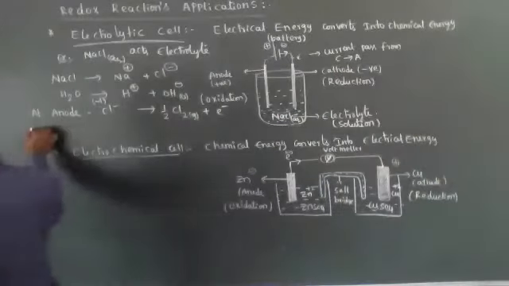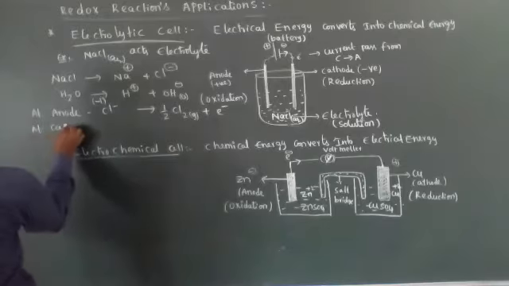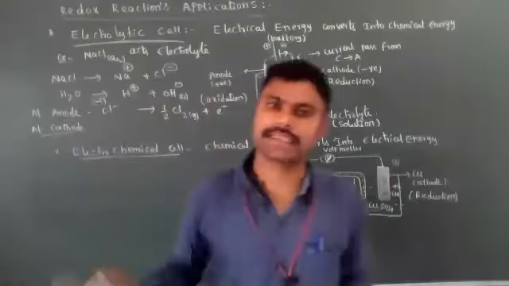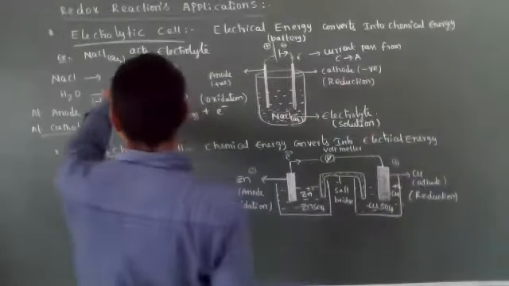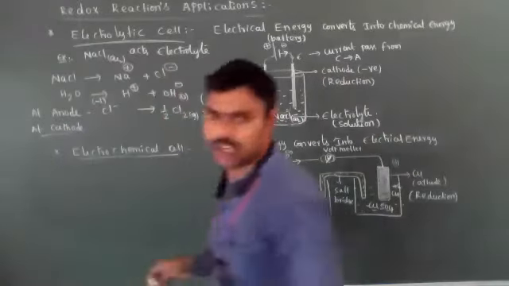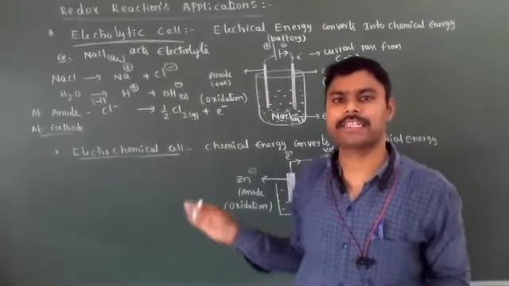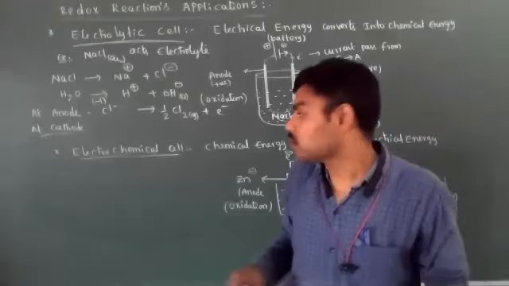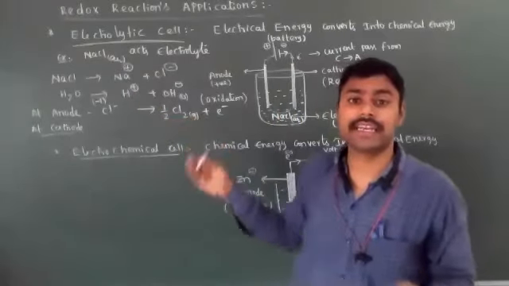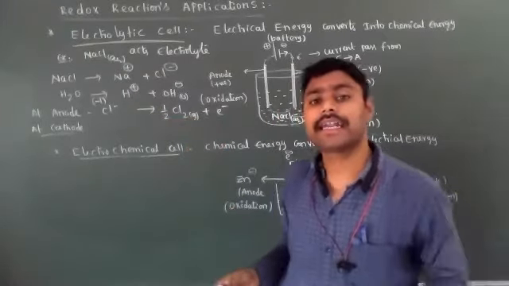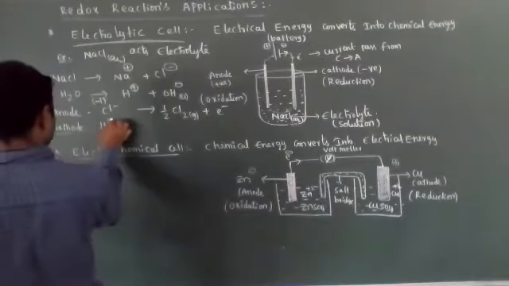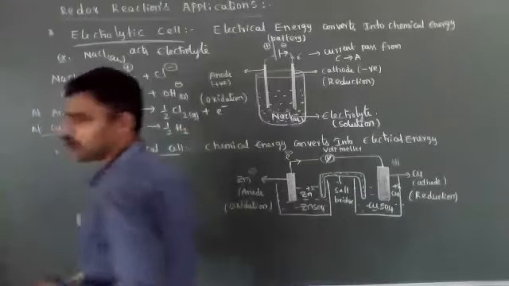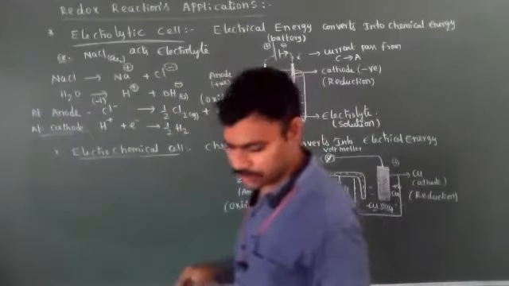And at the cathode, a reduction reaction takes place. What are the positive ions? Positive ions move towards the cathode. Na plus ions are present as well as H plus ions. When compared with Na plus, the H plus ions' discharge potential is very low. That's why H plus ions can be reduced very easily. H plus ions accept one electron and form half H2. Hydrogen gas will be liberated.